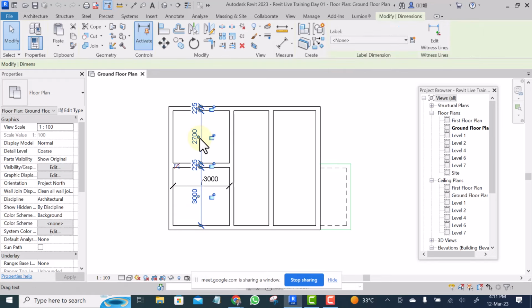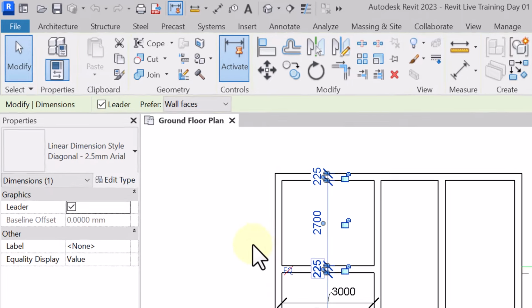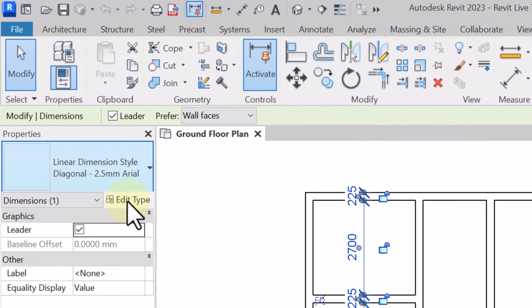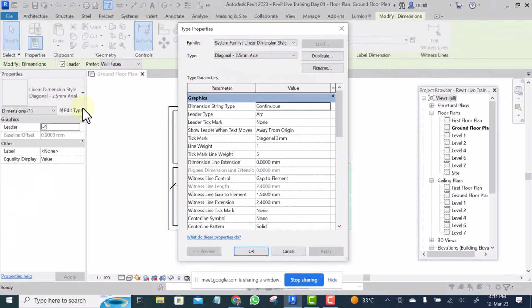you click on the dimension and you might need to duplicate it. So you click edit type, and here you duplicate it. The reason you are duplicating it is so that the original version will be there. So I click on duplicate,